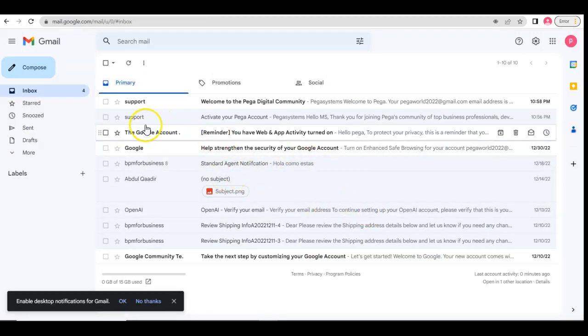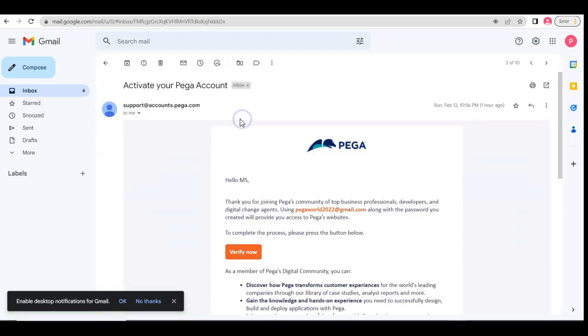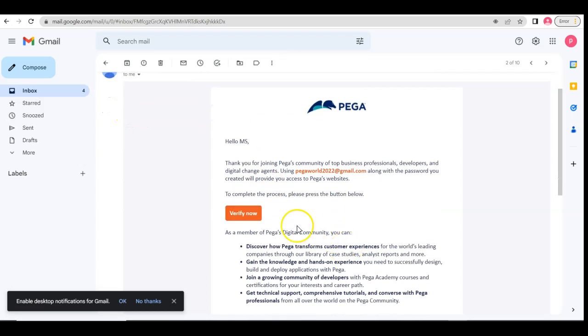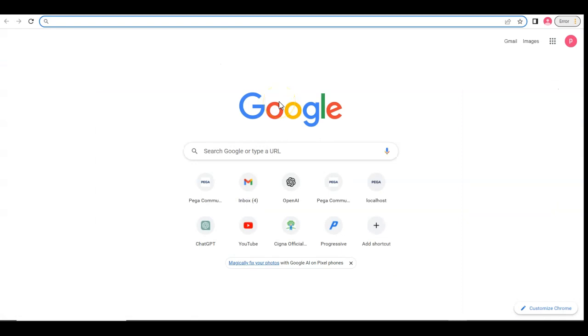Well, as soon as I gave sign up, I got an email to activate my account. I opened that from support at accounts.pega.com. I got an email to activate that account. I have to just click on verify now and it should verify my account. After you click verify now, it should verify your account, and then what you should be doing is just go back to another browser tab,